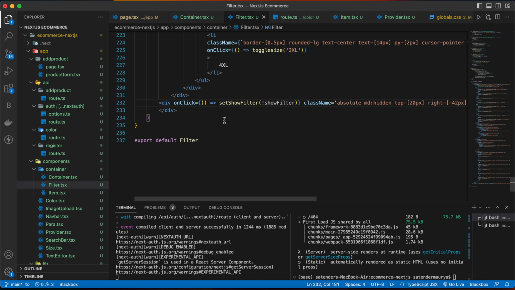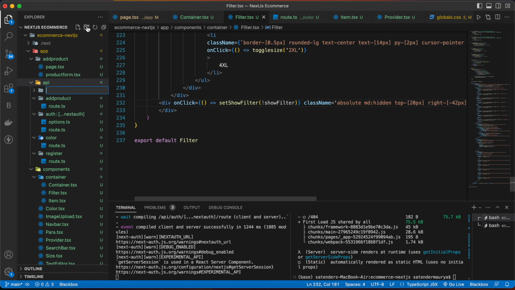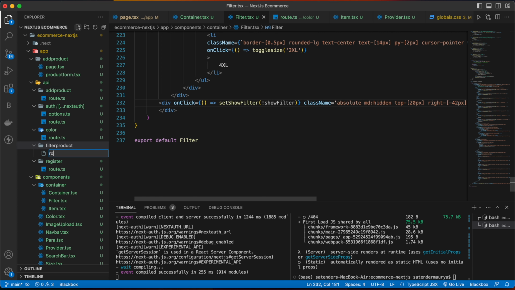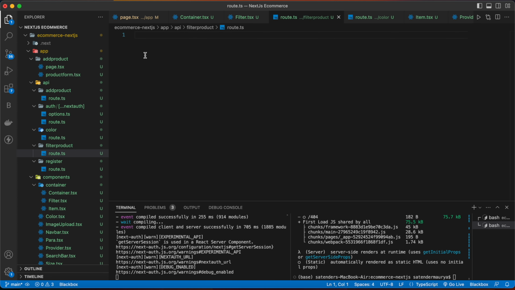Let's work on the API. So go to the API folder and make a folder named filter-product. Inside that, make a file named route.ts. So as always, we are going to import Prisma and NextResponse.